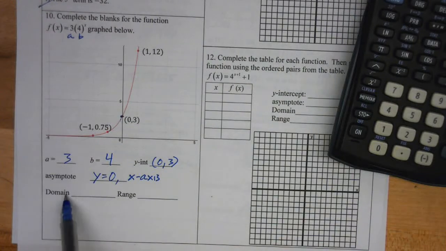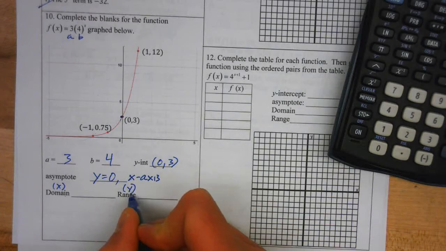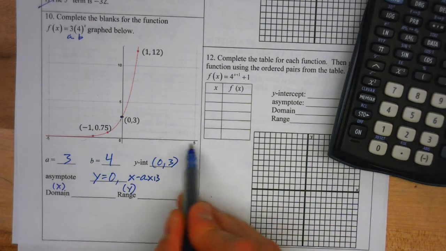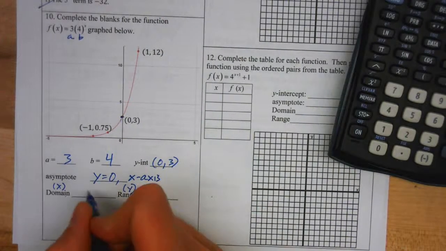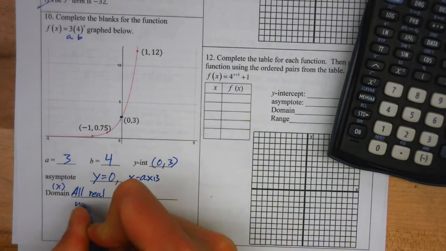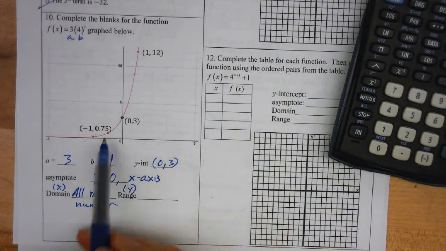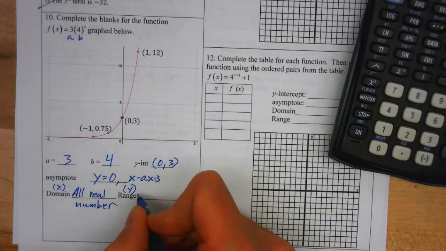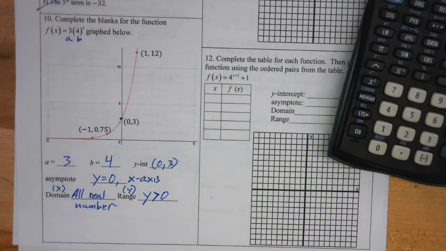The domain is what x can be, and the range is what y can be. And so for x, we could put in 5 and we'd get some number way off the graph, right? And so the domain can be all real numbers. The range, however, is a little different. You can't get a y value less than the x-axis. So our range is actually y is greater than 0. Has to be greater than 0. Can't even be 0. Okay? All right, up next,